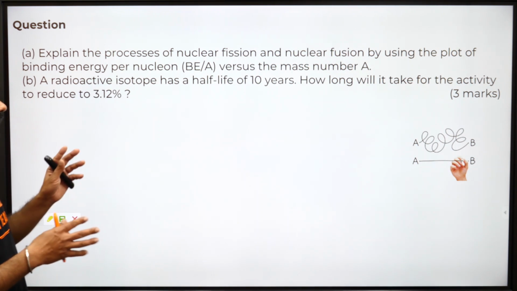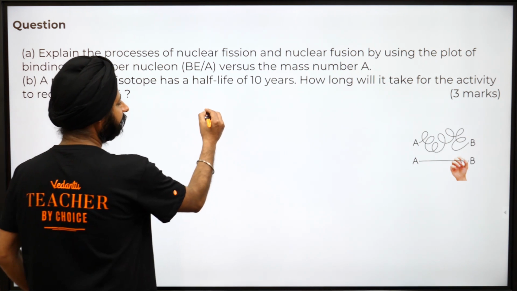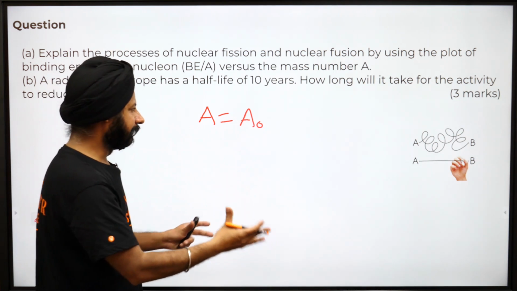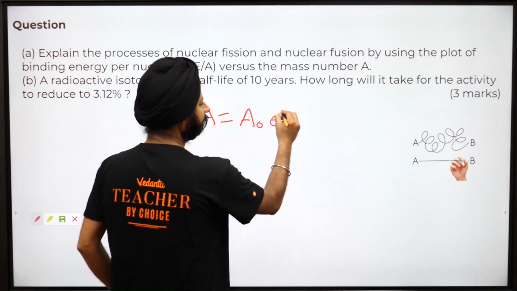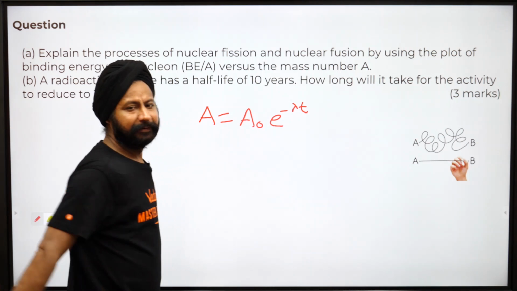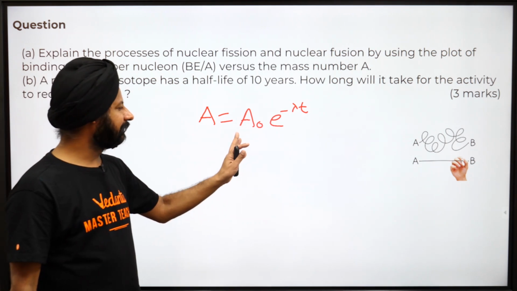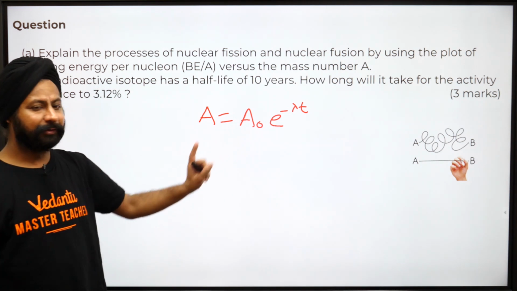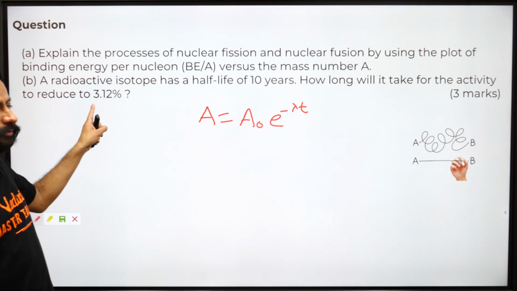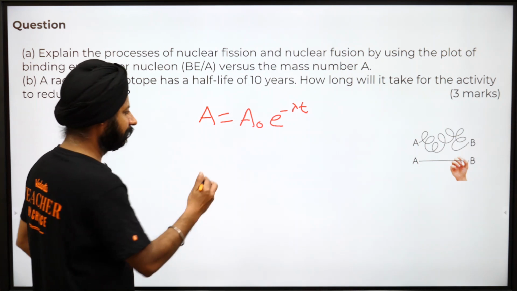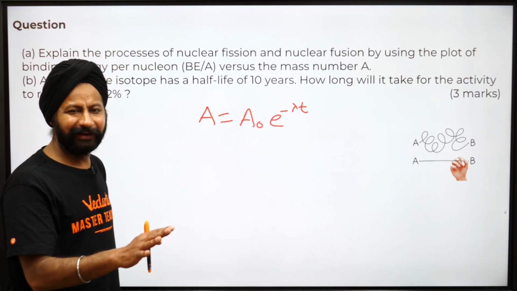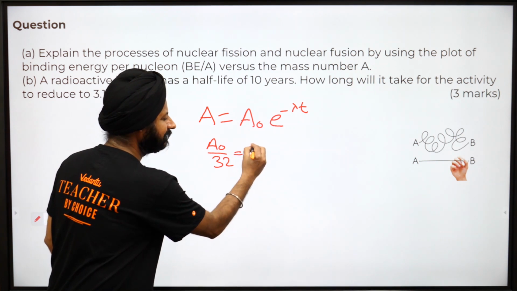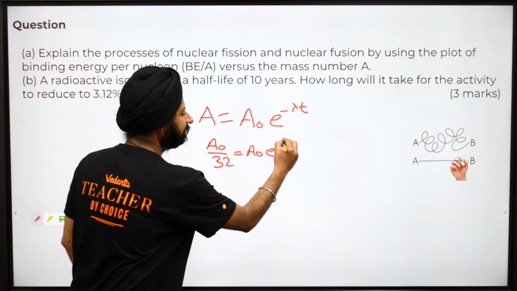So basically, how long will it take for the activity to reduce? Activity is equal to activity naught at the beginning of all this. This was the activity, A = A0 e to the power minus lambda t. This is the thing here, and we are going to derive this in an upcoming question, I think after this or the one after that. Now it's given, how long will it take for the activity to reduce to 3.12%, meaning 1/32? See how easy the calculations they are making for you. They're trying to check your concepts, not your mathematics calculation skills here. E to the power minus lambda t.